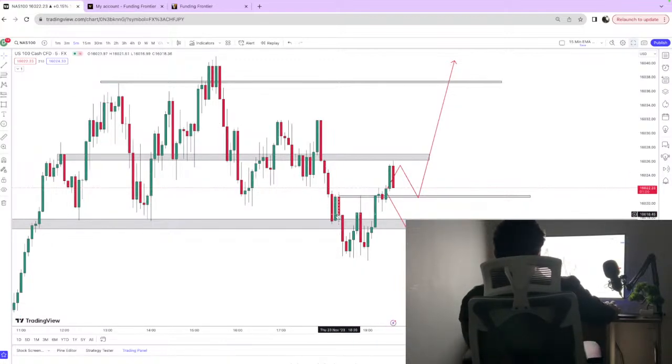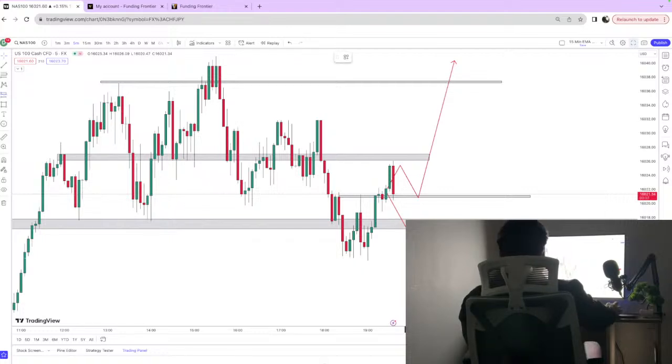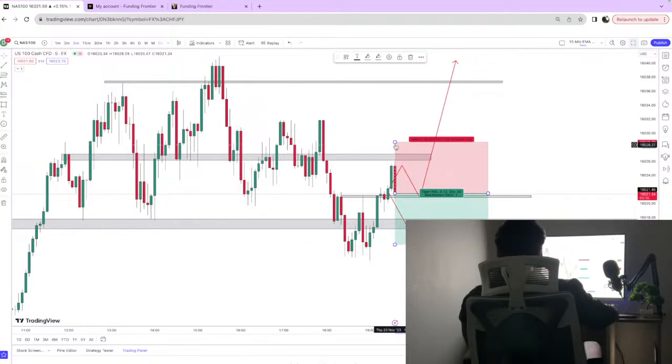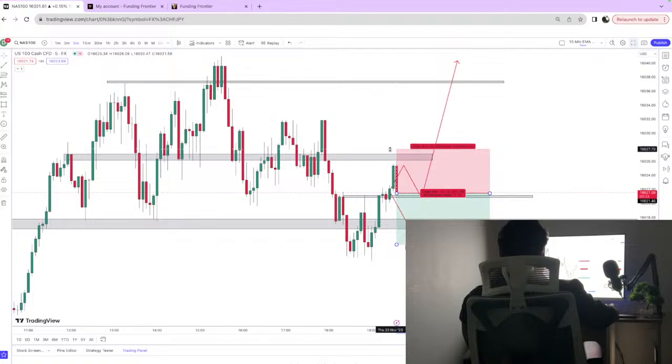What has happened is it broke, came for a retest, and now it might be possible that it is taking the stop losses of persons whose stop losses were there. Okay, and now it is becoming ready to go downside. So if this candle closes below this previous green, I can take entry for the sell side, and I think it's going to come. Let's make a stop loss of